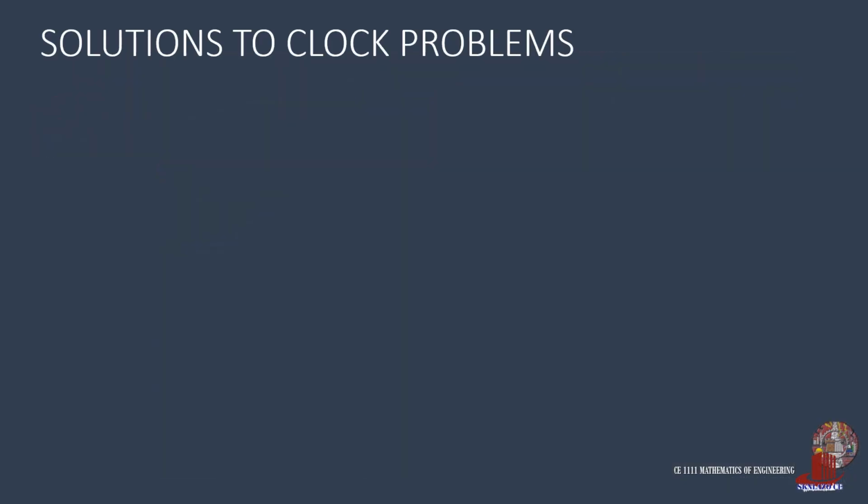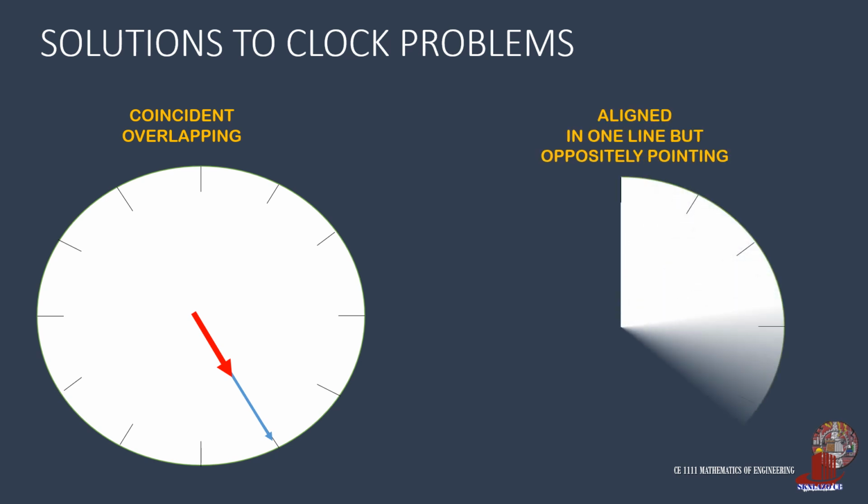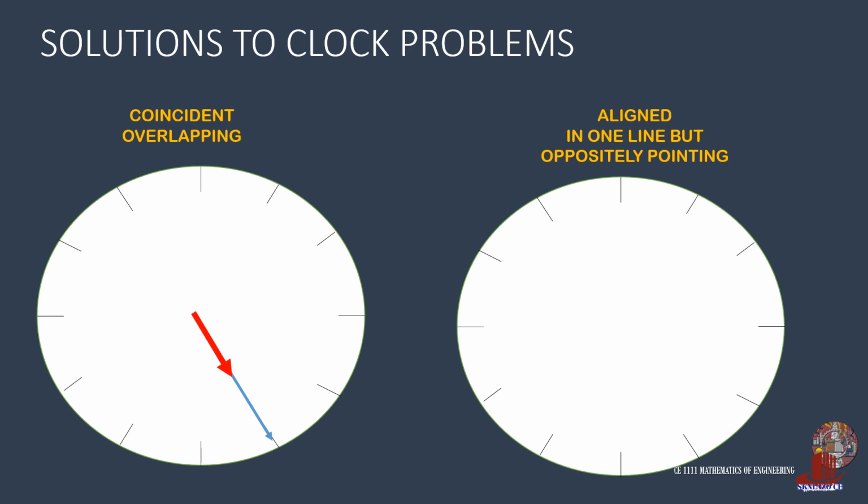When dealing with the arrangement of the clock hands, one has to remember some terms used. First is when it is required that the hands are coincident or overlapping. This is the case when both the hour hand and the minute hand are pointing at exactly the same time, creating 0 degree. The next term that one might find is when the clock hands are aligned or in one line but they point at opposite times. This means that the hour and minute hands are in 180 degrees gap, thereby pointing at exactly two opposite points.